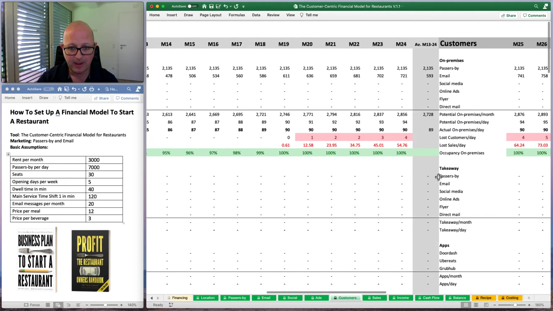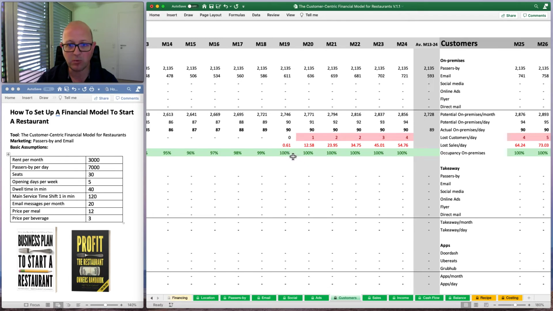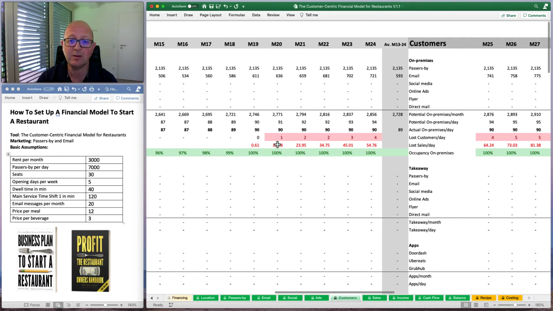And as you see, as the occupancy reaches 100%, then you can't get any more customers on premises because your restaurant is simply full, and the system also considers this. And it shows you the amount of customers you are losing because you are full. This gives you a hint when you reach your full capacity, and it should encourage you to find solutions to